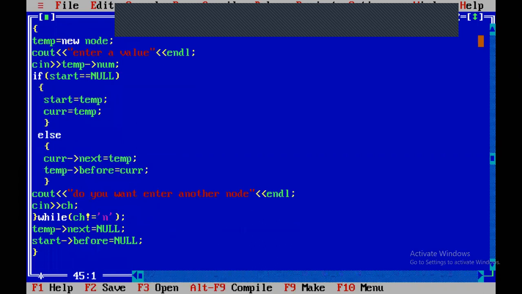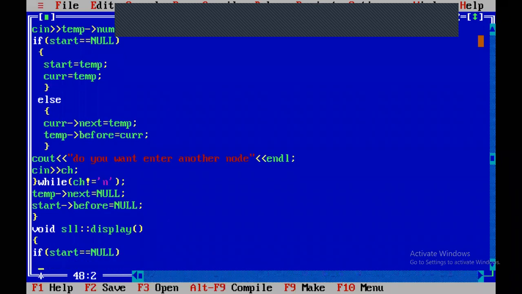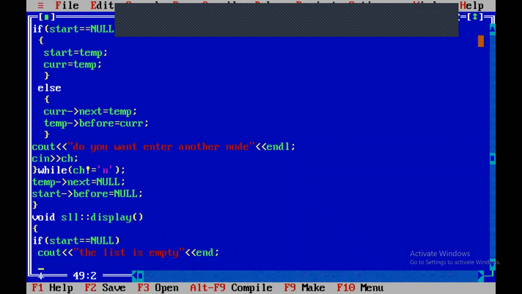Then we go for void DLL display. Current equal to start. You write like this. If start equal to null, cout the list is empty.